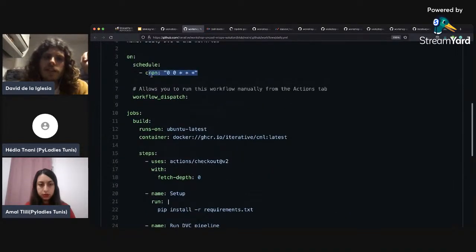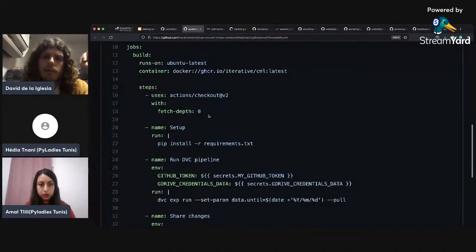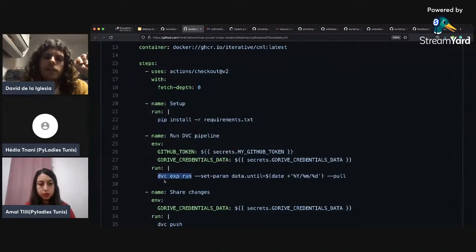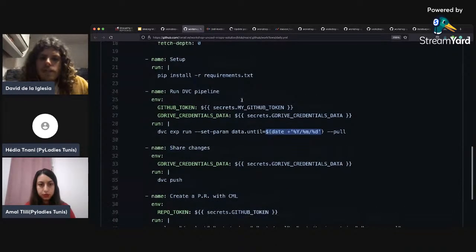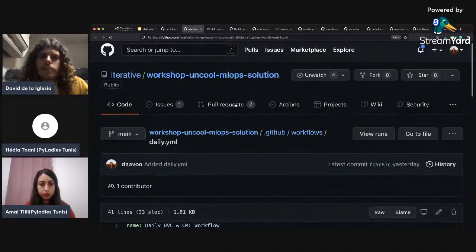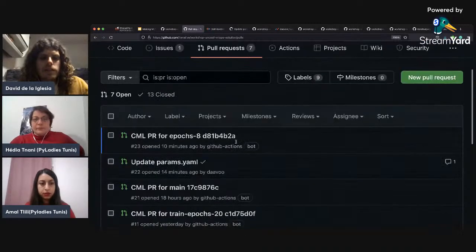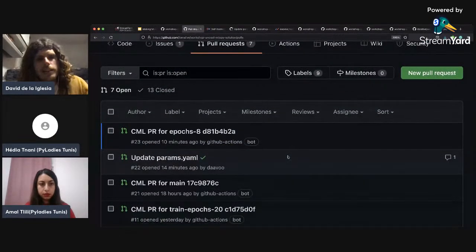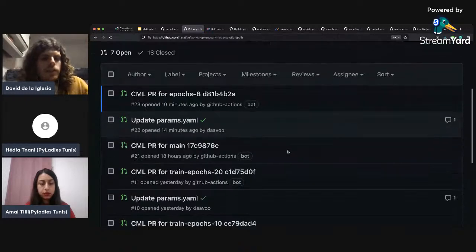So at the end of each day, it is going to run the pipeline with this command, but it is going to update the value of the data until parameter with the current date. So once you merge and insert this workflow in your GitHub repository, every day... I added this workflow yesterday, sorry, and